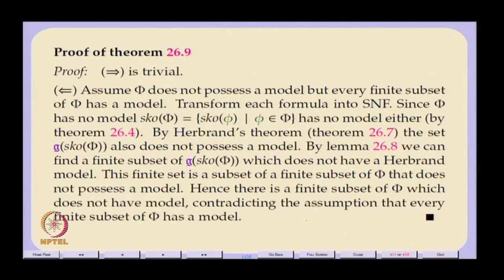Yeah. So, now your closed formula therefore, what it means is that you will be able to show that there is a finite subset of phi which does not have a model, which contradicts your assumption, and therefore phi must have a model if every finite subset has a model. Right. So, we have done compactness now, as well. It is a fairly ingenious proof, yeah,